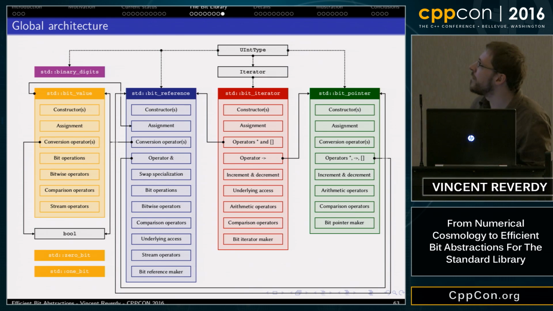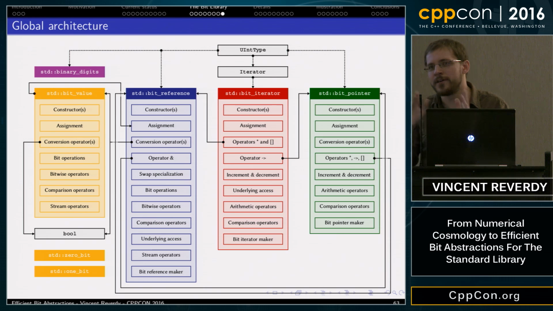This is why we also have a bit value. And then we have three helper things: a 0 bit and 1 bit, which are just bit values that are constexpr and defined as 0 and 1. And binary digits, that in most cases returns the numeric limits of unsigned integer and the number of bits.